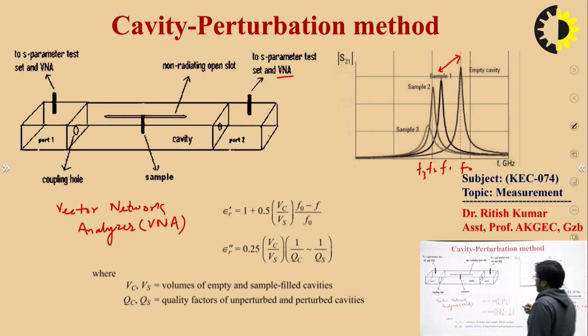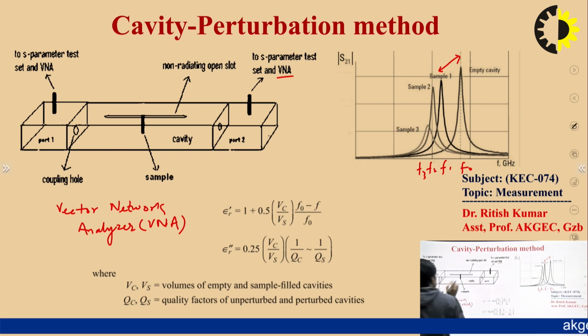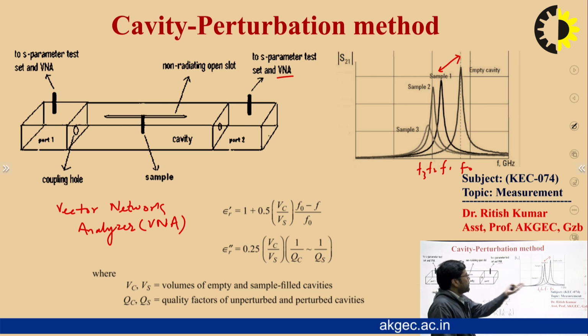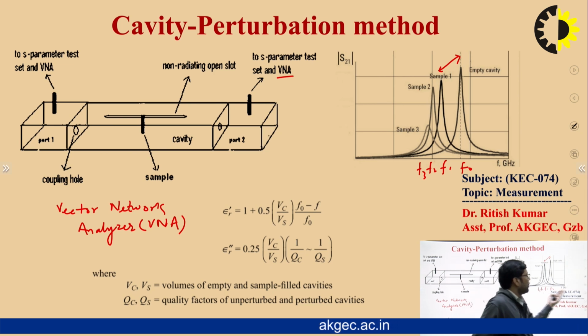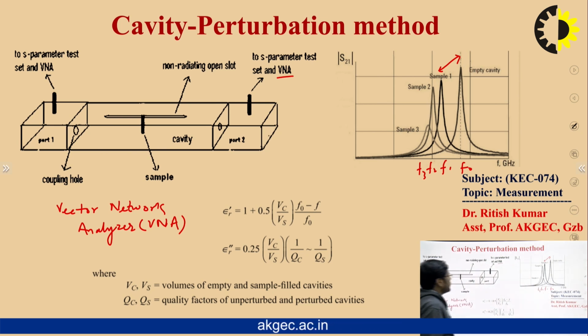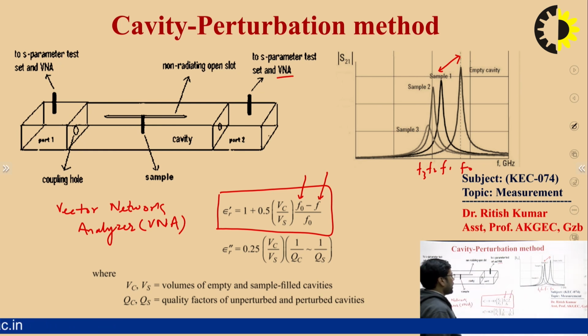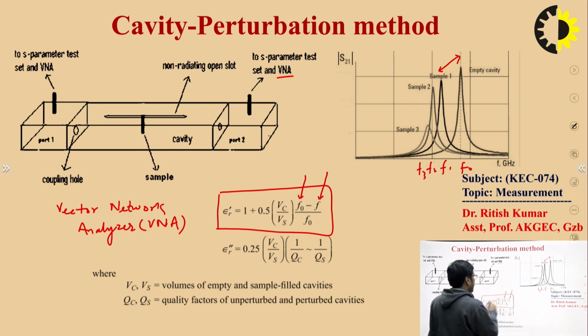So by considering the sample between the two ports, the resonating frequency shifts from the reference resonating frequency, either to the lower side or the higher side. With the help of this empirical formula, where you can see the empty frequency and the shifted frequency, you put the frequencies in the formula